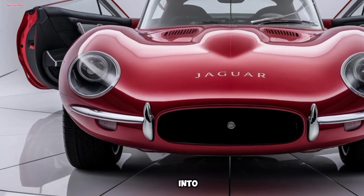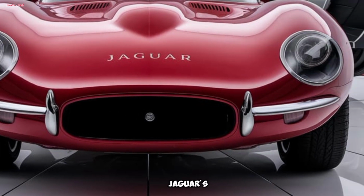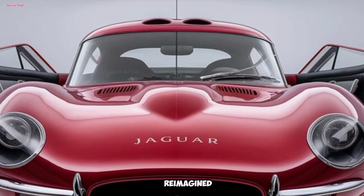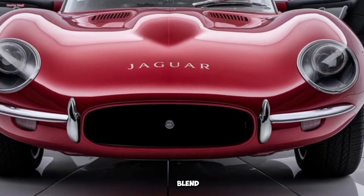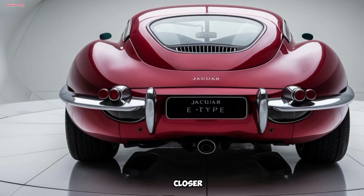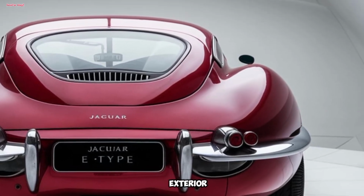Today we're diving into a masterpiece of modern engineering and timeless design, Jaguar's highly anticipated 2025 E-Type. This reimagined classic brings an exciting blend of retro charm and cutting-edge technology. Let's take a closer look at everything this car has to offer, from its interior to its exterior, performance, and